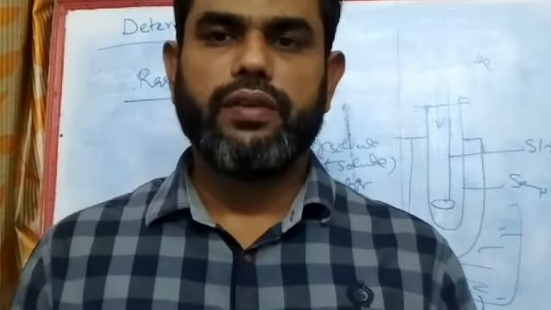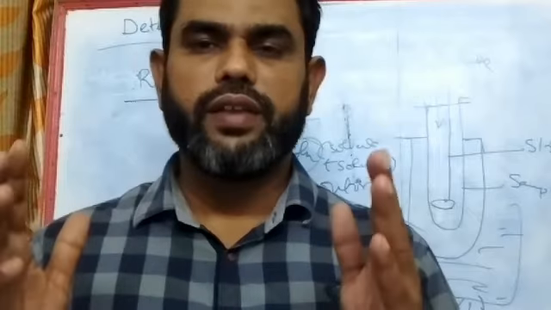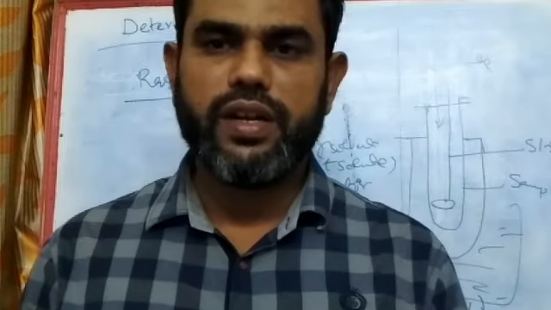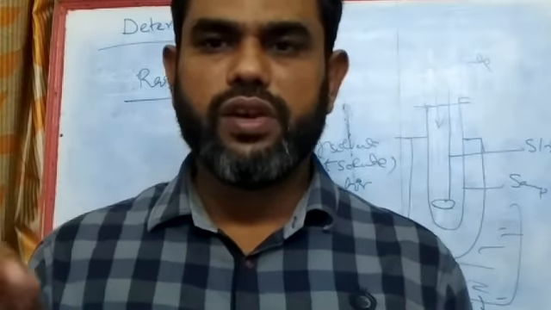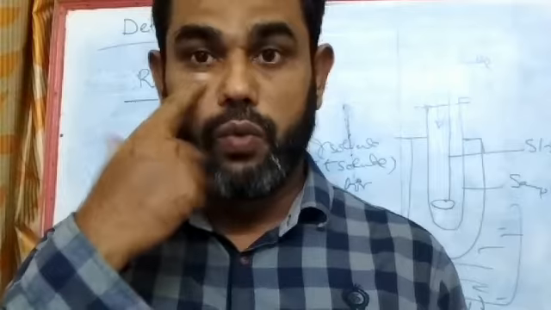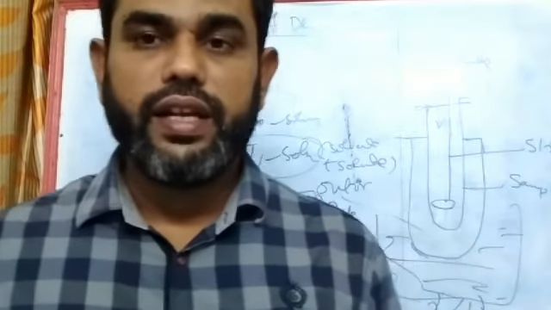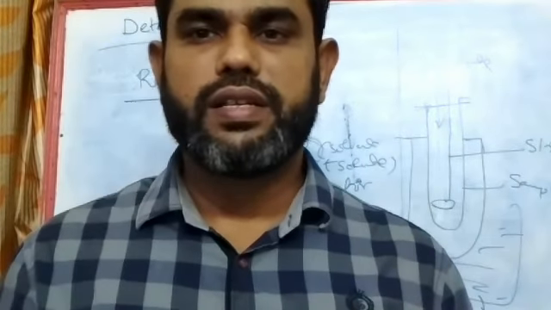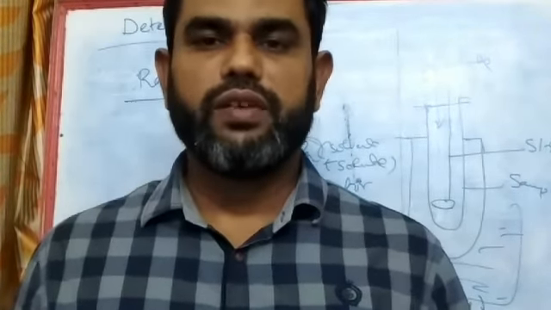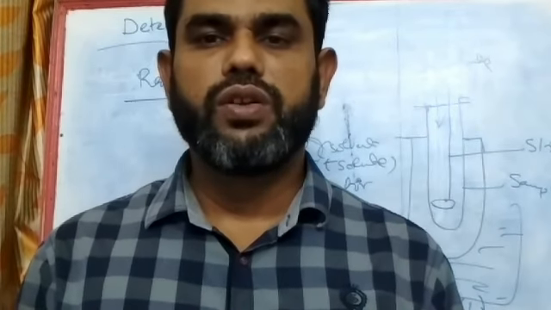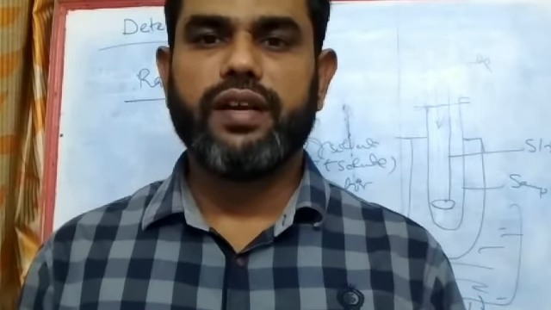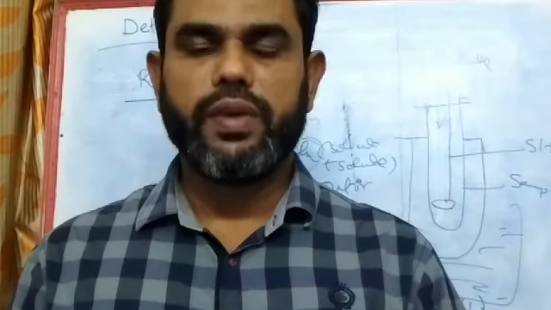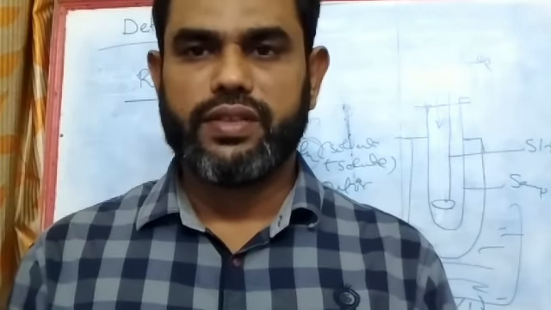And from that the cryoscopic constant is defined. The cryoscopic constant is the depression of freezing point when 1 mole of solute is dissolved in 1000 gram or 1 kilogram of solvent. So we can find out the molecular weight of an unknown solute using the formulas we have derived. With this we conclude this topic, and let us continue in the next class. Thank you.